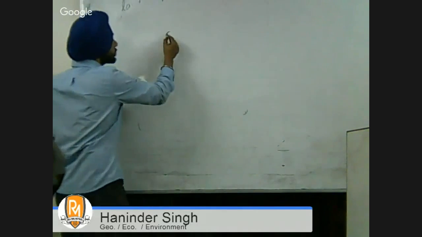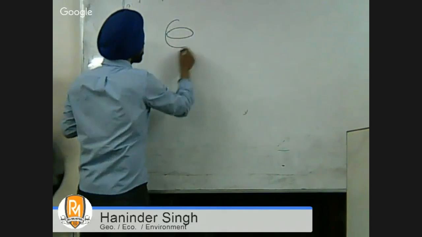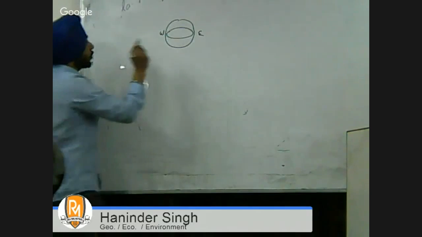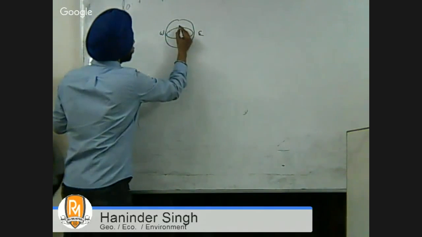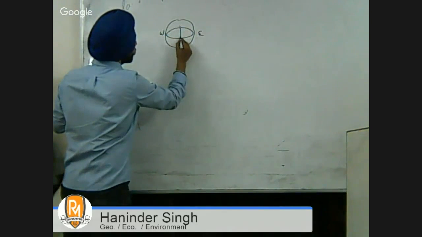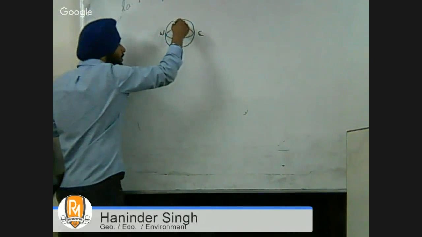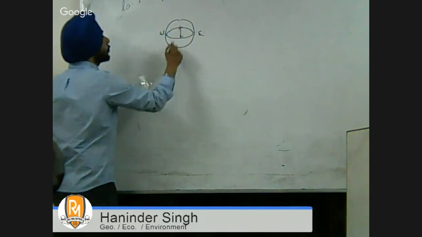In the same way, the earth is rotating. So this is the earth. Earth is rotating from west to east. So if something is blowing in this direction, this wind will be exerted by a force which will